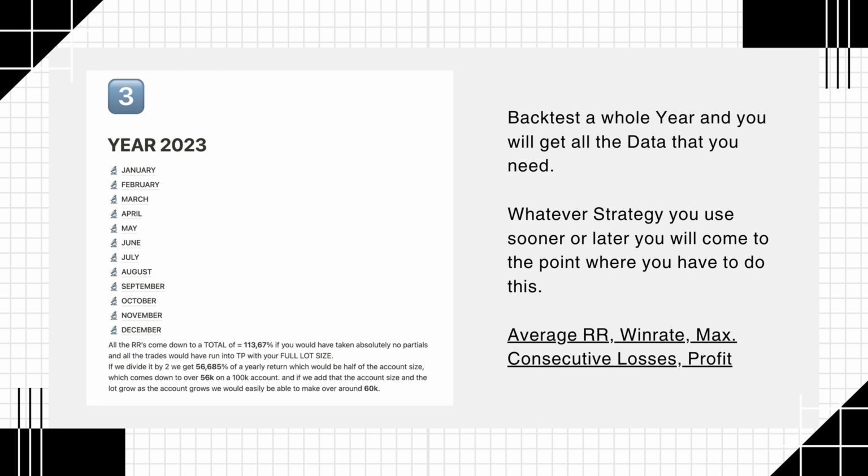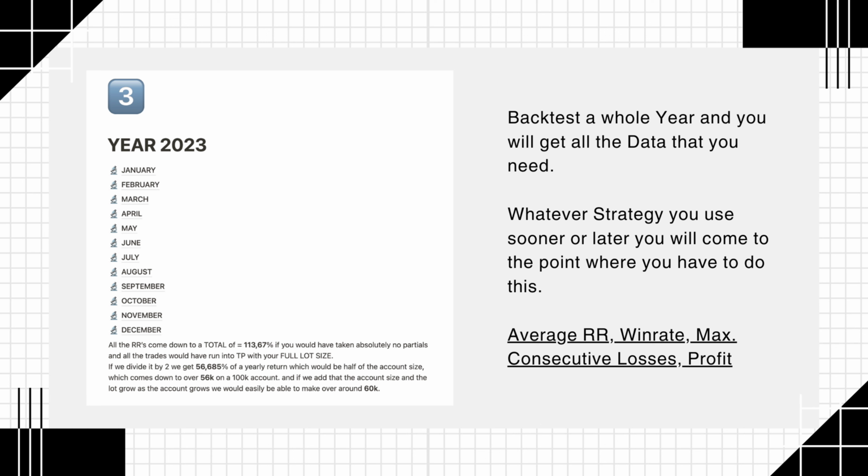Backtest the whole year and you will get all the data that you need. It doesn't matter which strategy, whatever strategy you use, sooner or later you will come to the point where you have to do this. You need to calculate and figure out what your average risk reward is, your win rate, your maximum consecutive losses, which simply mean how many losses back to back can you take before you completely breach